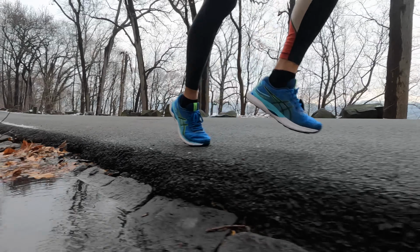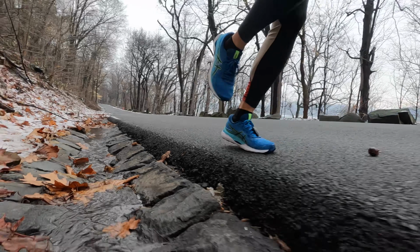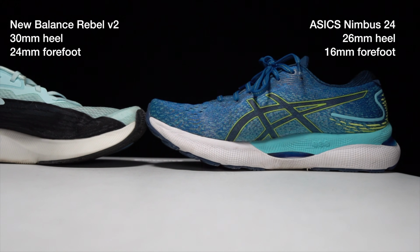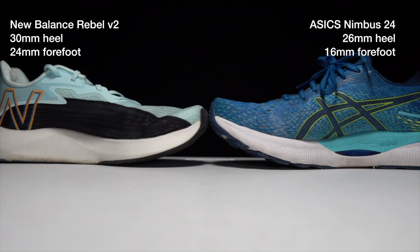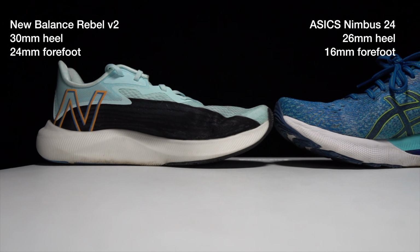But over time, I started realizing, and especially when you guys were telling me about the fact that you think that this is a 16 millimeter stack height shoe, and I think that's what's being reported. I don't believe that it's a 16 millimeter stack height shoe. But I started thinking, well, if this isn't 26 millimeters of stack height in the forefoot, and it's really only 16 millimeters of stack height in the forefoot, I started shifting the way I was using this and using it